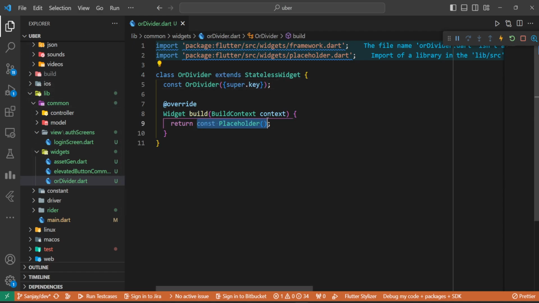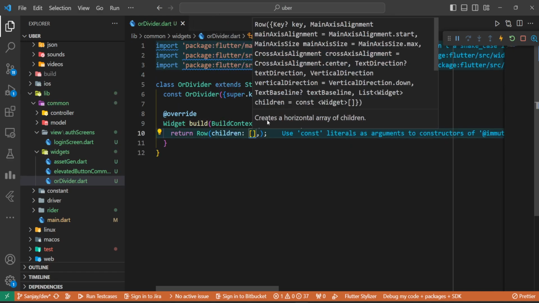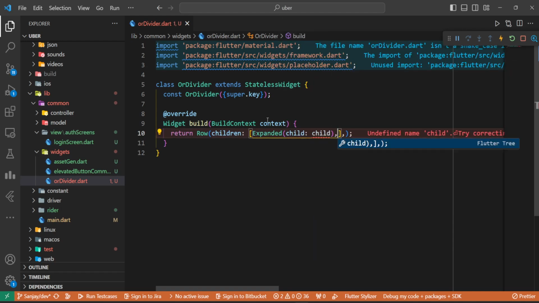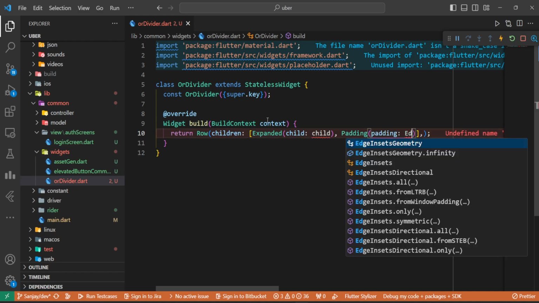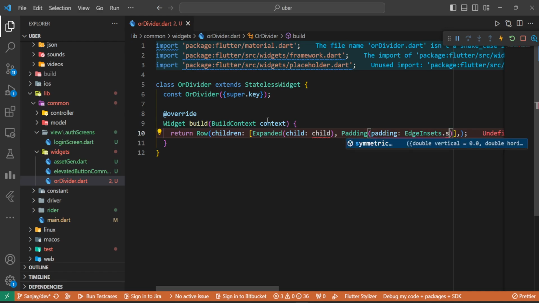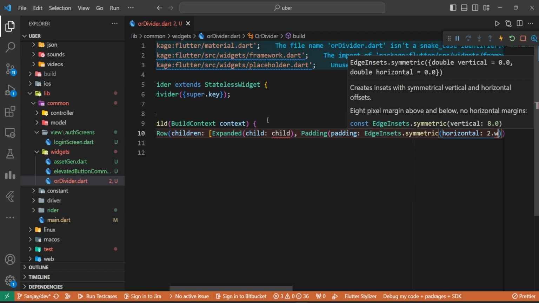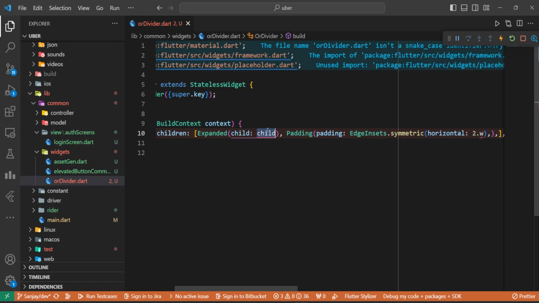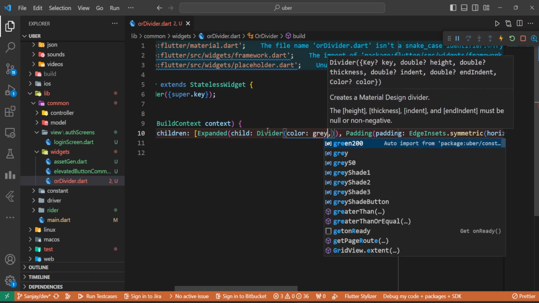And here we'll return a row. Children: expanded, comma, padding. Here it's going to be EdgeInsets.symmetric, and it's going to be horizontal 2.w, and again the same expanded thing. So in expanded we have our child divider, color is going to be gray,